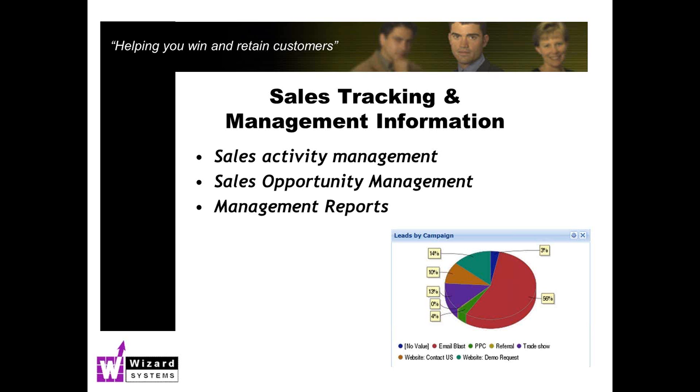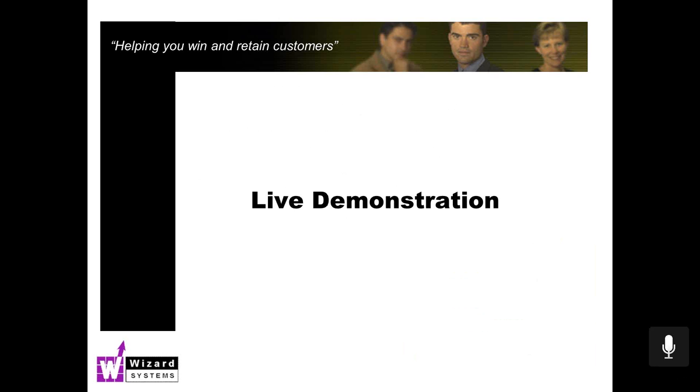There's a report writer in Workbooks, and there's approximately 50 or so reports ready-made to get you going, and you can change those reports. You can create your own reports as well. And there are nice dashboards in the system, complementary dashboards to essentially look at KPI type information. So real-time information regarding your leads, your activities, your sales pipeline, support issues, and so on. Okay, so hopefully all of that is making sense to you.